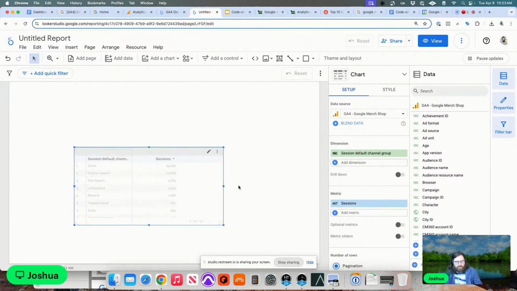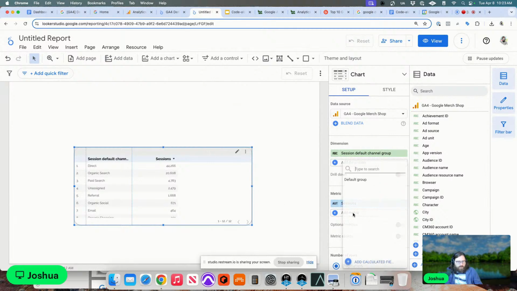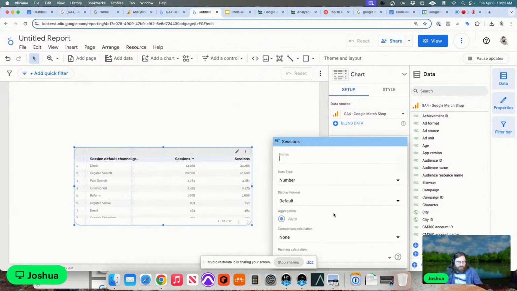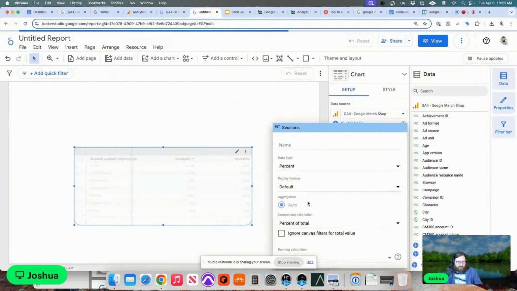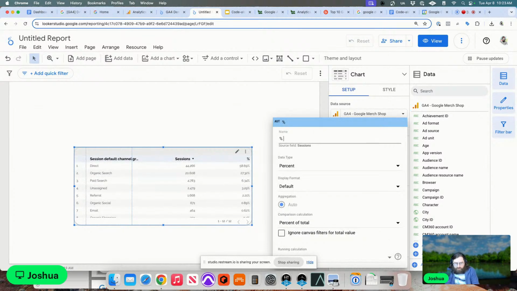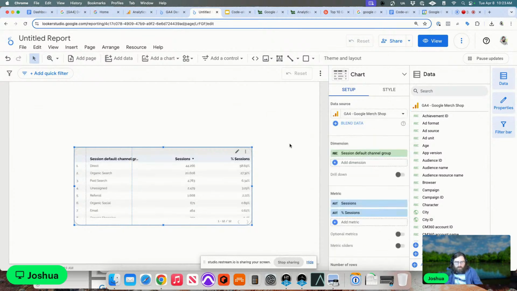So we've got the sessions, and then we bring in sessions a second time. And within this little arrow here, we can do a comparison calculation and say percent of total. So then I'll just put in a name right above that, percent sessions. So now we've got the total sessions, the percent,